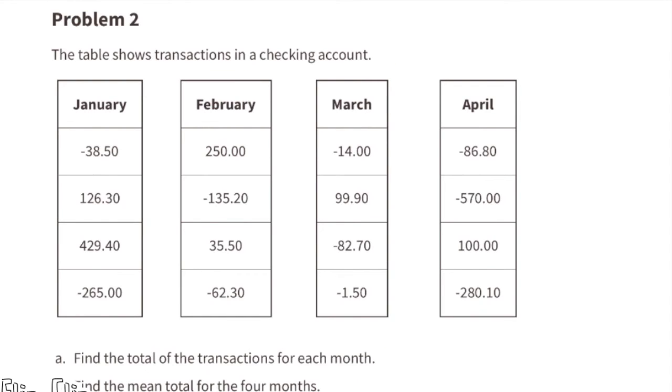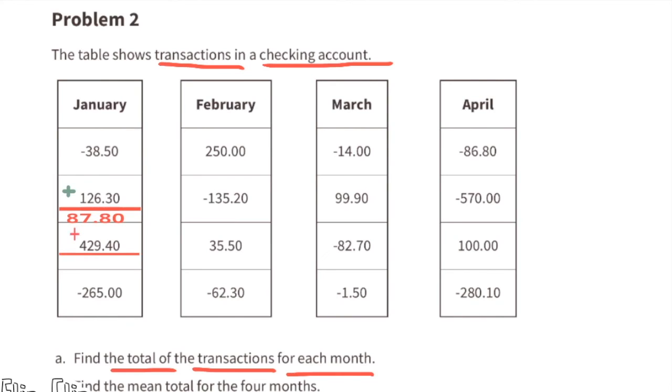Problem number 2. The table shows transactions in a checking account. A. Find the total of transactions for each month. Let's start with January. They begin January with a withdrawal of $38.50. They put into the bank $126.30. That's a difference of $87.80. We can add that to the positive